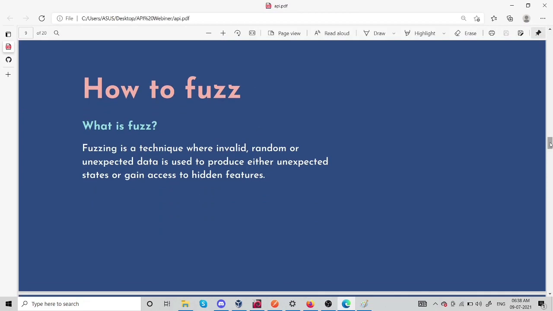So how to fuzz, I have already told you. Fuzzing is a technique where invalid, random or unexpected data is used to produce an unexpected state or gain access to hidden features. Okay, so sometimes there is some admin functionality. Suppose we got a 401, which is unauthorized, when you are editing user only. So after you get the 401, what you have to do first